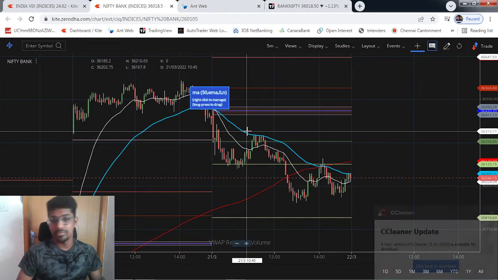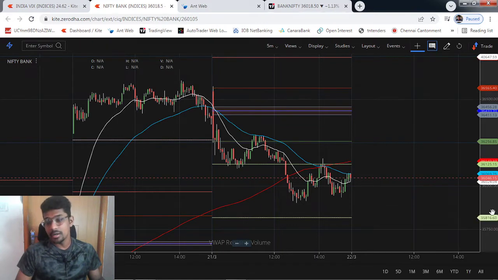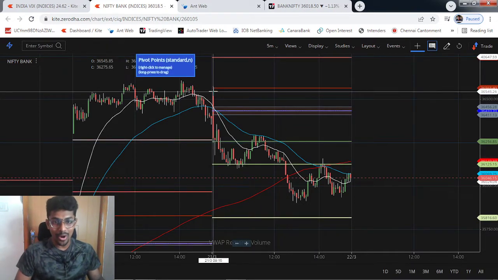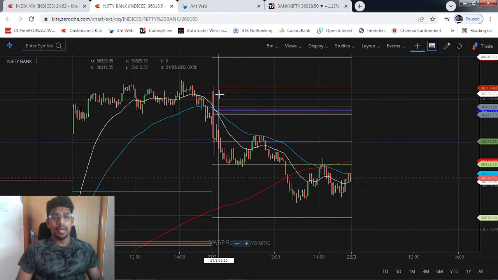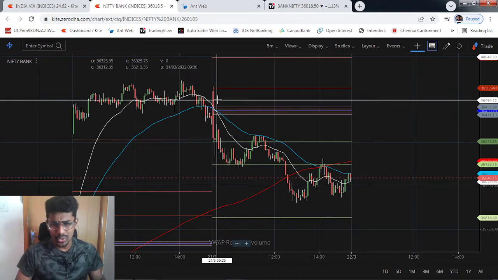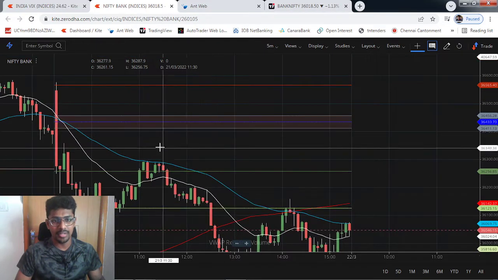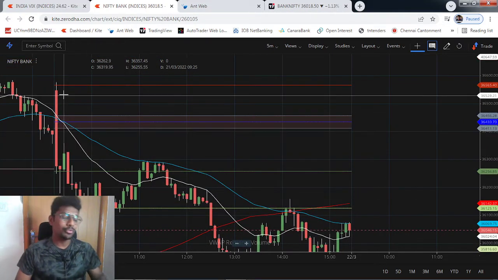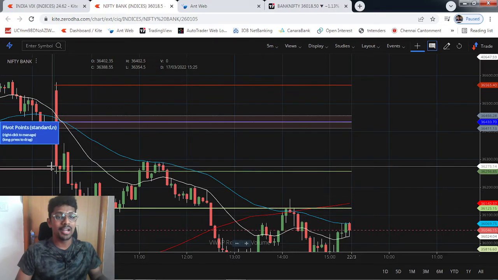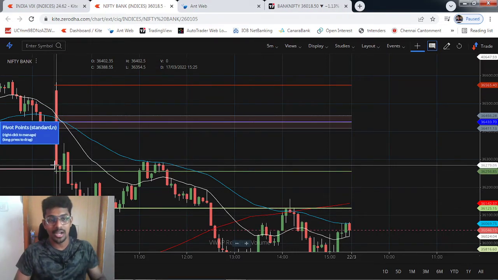I traded on Bank Nifty today, and early in the morning when I woke up, I thought that there is going to be some gap up and the market is going to go up because of the GIFT Nifty. The market actually opened a little bit higher, but then the fall came in the first 5 minute candle itself. And as usual, after this first candle, we came back into our strategy, how we used to trade.